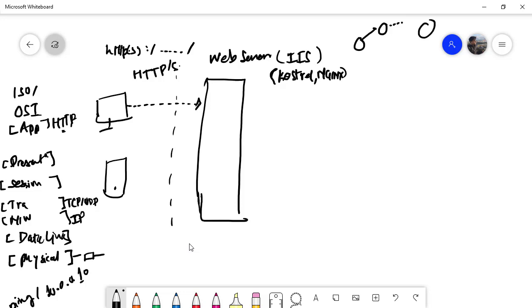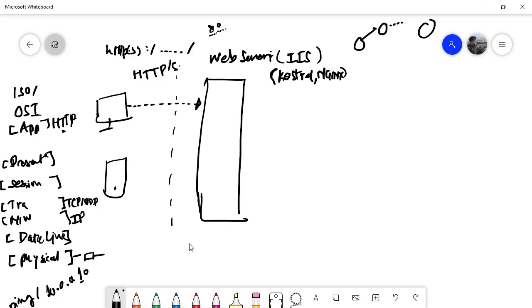Now, as part of your infrastructure setup, you will have to open up specific ports for this protocol. HTTP works on port number 80. Inside your network, you will have to provide access to this particular port, and you can do these settings in your Wi-Fi, in your internet router as well. And once you open up this port, the request is going to come inside, and it'll be given to a software that can handle the requests that are coming from the internet. That software is IIS,